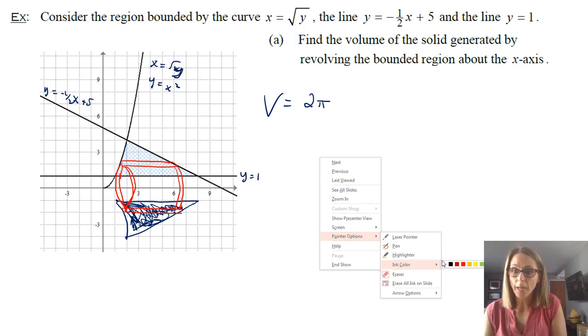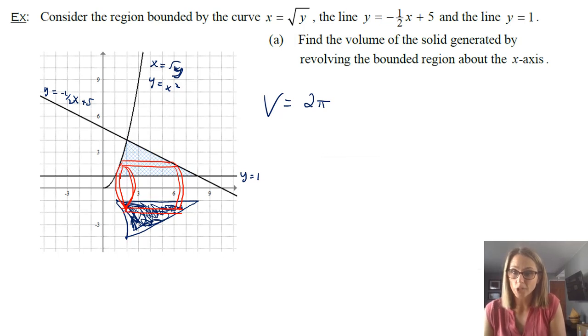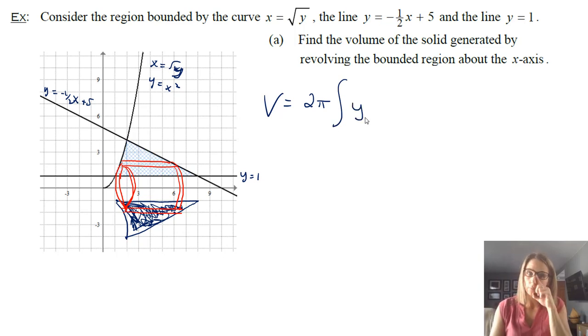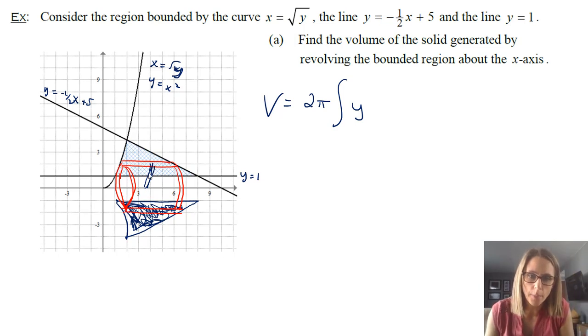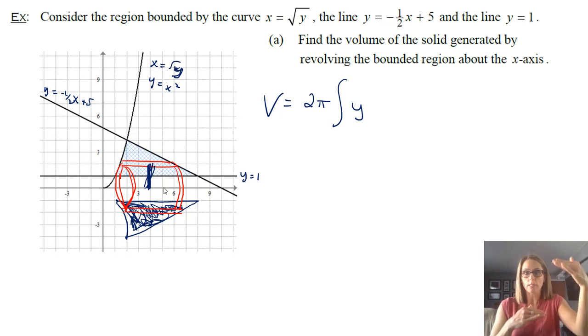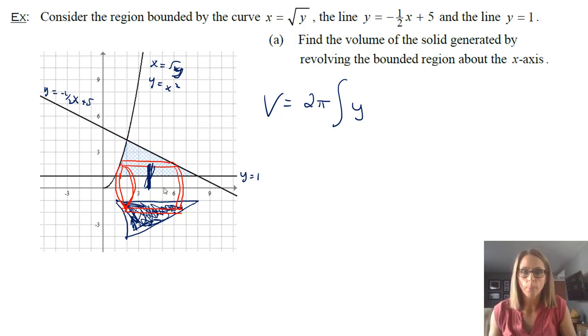So the radius here, because it's just around the y-axis, is just going to be y. That's because the radius of this shell that I've created, you're thinking of it like this. That is a really bad height, but that height there is y. It's just as high as you go, which is y.